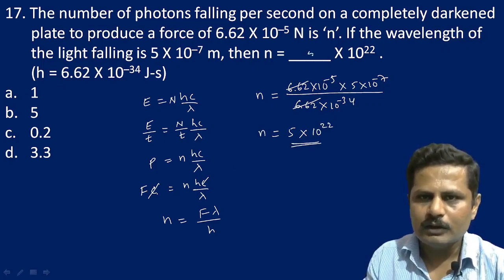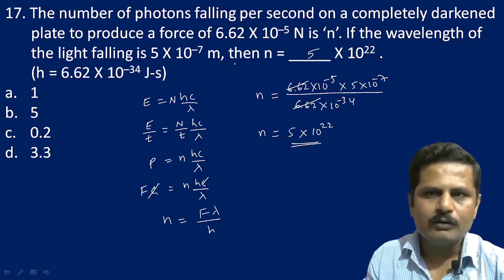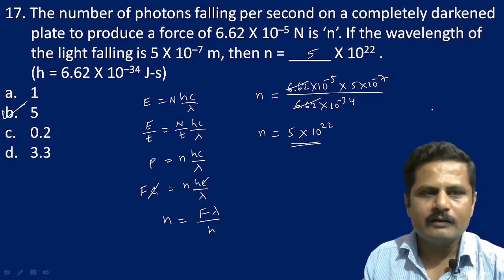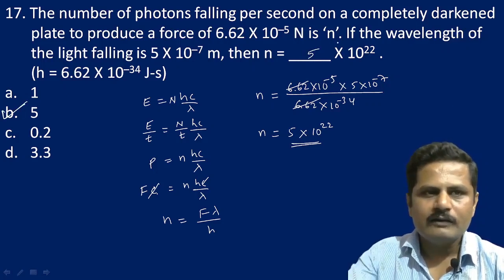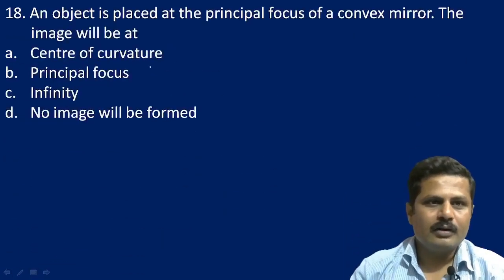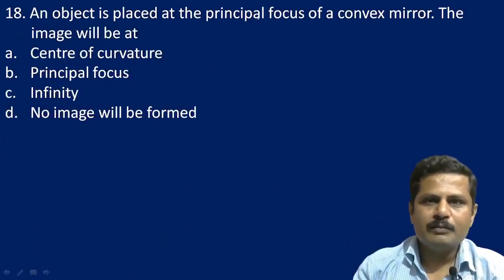Here n equals 5 into 10 to the power minus 2. So 10 to the power 22. So option B is the right answer. Okay. Let's have a look at the next question, that is: an object is placed at the principal focus of